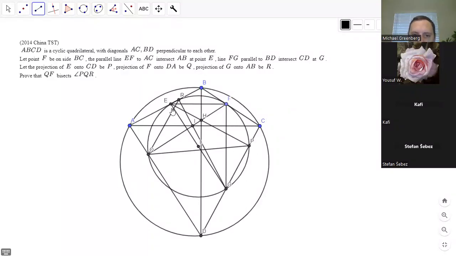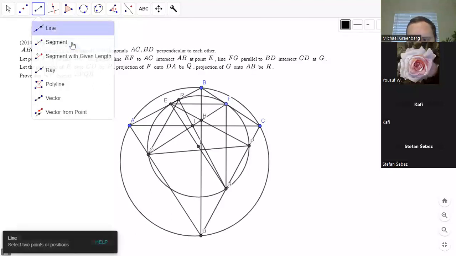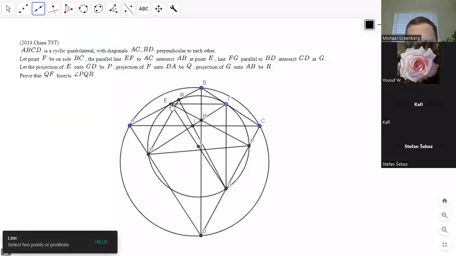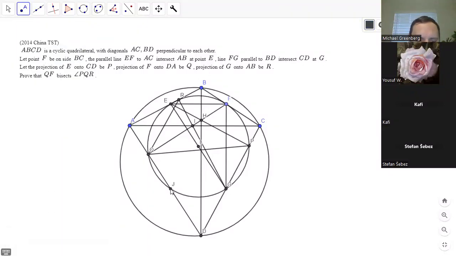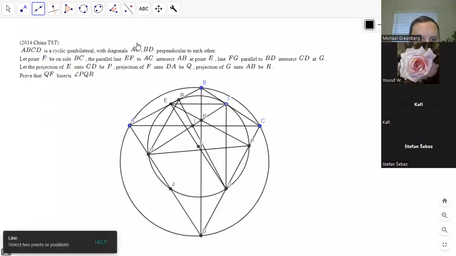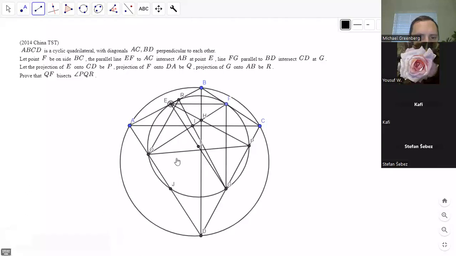Like which is the intersection of AD and the circle. Sorry, say it one more time. Take the intersection of AD and the circle, the small circle. Oh, AD and the circle. Yes. This point. We will prove EFGJ is a rectangle, which is obvious because the diagonals are perpendicular. Okay. And then obviously